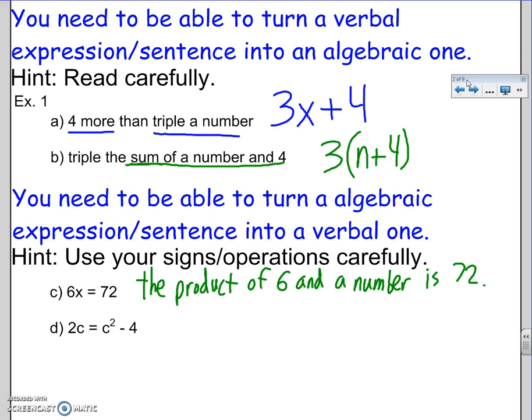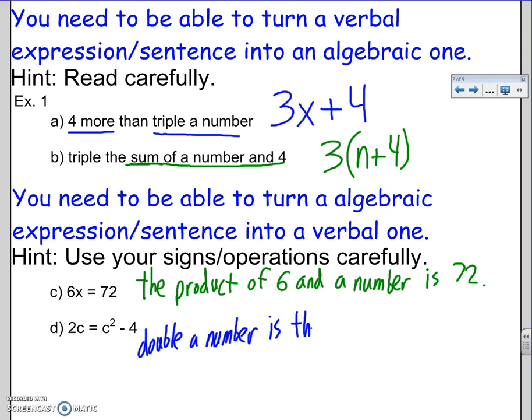The bottom's a little harder. The left side is 2 times c. Well, that's just double c. So I'm going to say double a number. I could say is or equals to or is the same as. I'll say is the same as